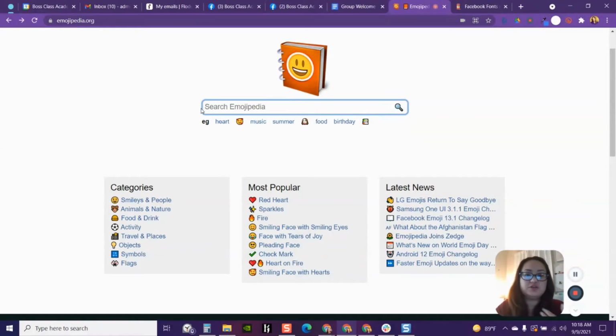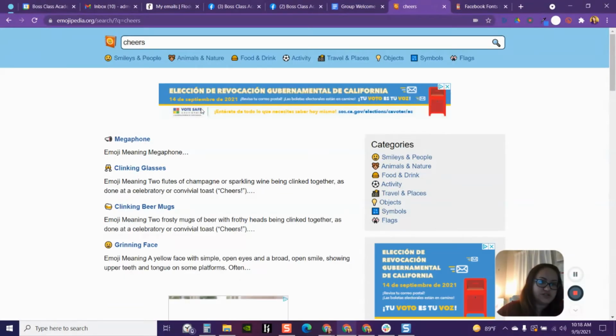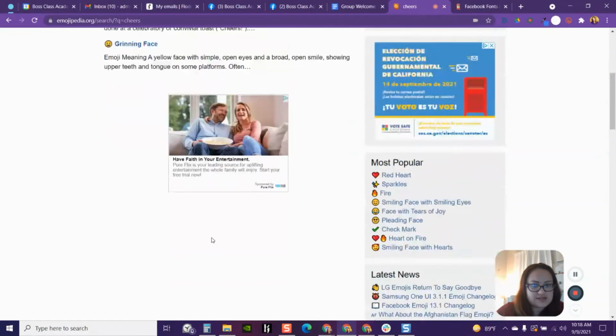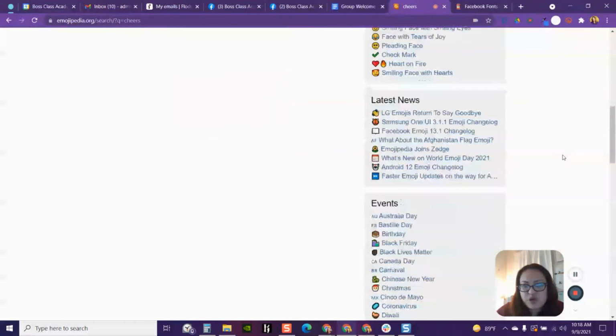And I'm going to go ahead and look for the emojis that I have. I just want to show you how their search engine works on here. So one of the things you can type in, just as a bold generic search, is like cheers. That'll bring you the clinking glasses and whatnot. And then sometimes you can come over here on the side and you can see the most popular,